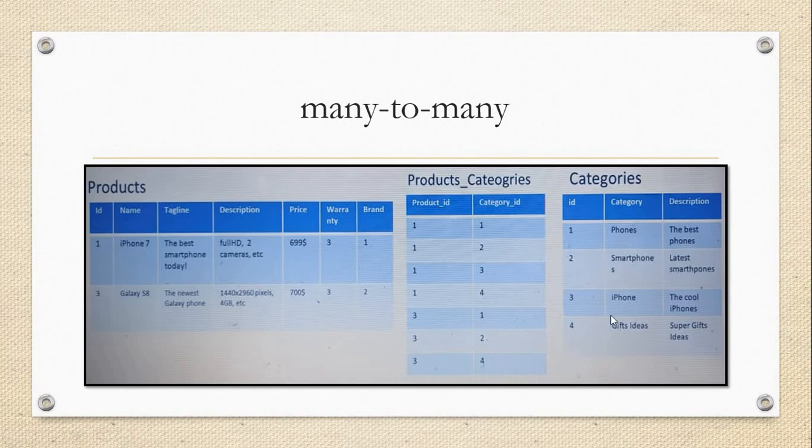So we have these categories available. That means we have product, we have category. Can I say that multiple products have multiple categories? The answer is yes. Can I say that multiple categories have multiple products? Answer, what is the answer? Yes, we can say that. That means this is an example of a many to many relationship.